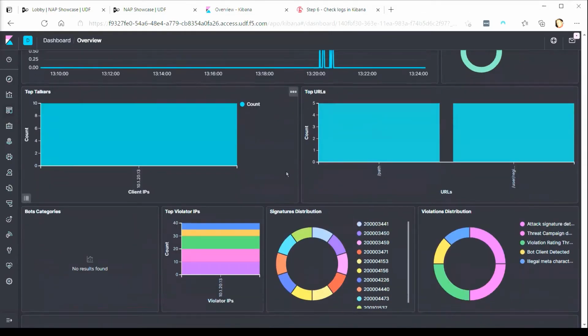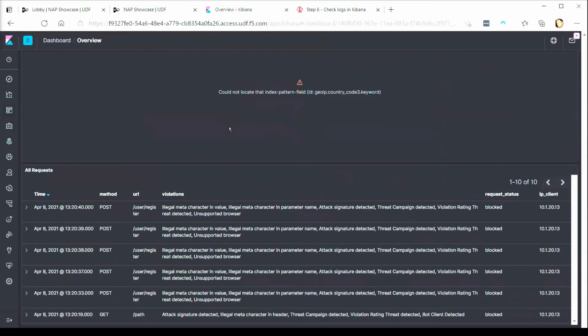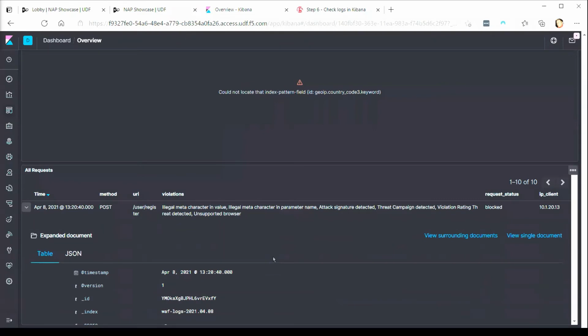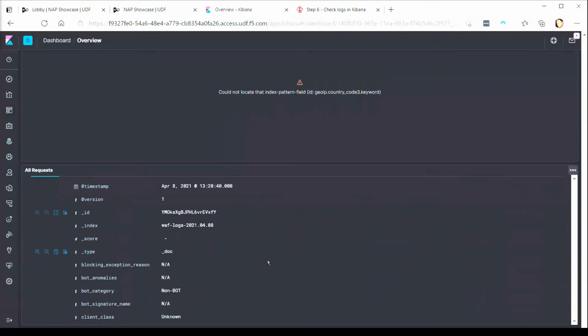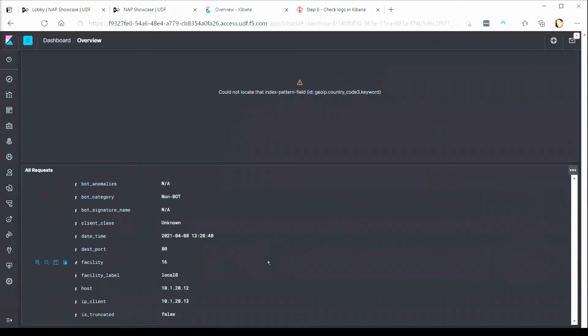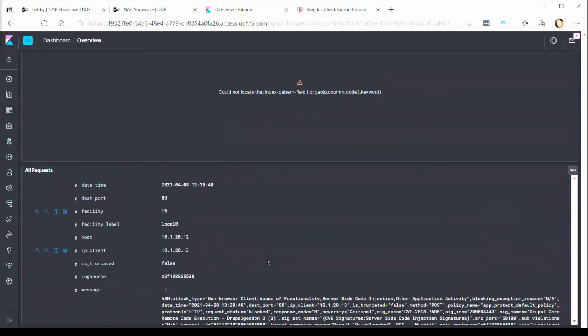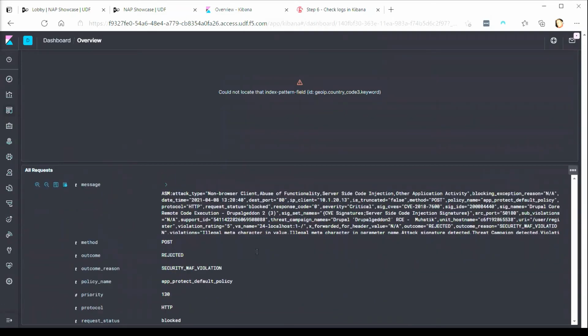Anyways, so this is the simple overview dashboard. Underneath the gRPC module, you'll find the all requests, and you'll see our requests that have been blocked. For the requests, you can go in and expand and get full information, the way that you would be able to see it as well in the Big IP solution, about everything that's relevant to this particular attack and its subsequent block, including, of course, the support ID.